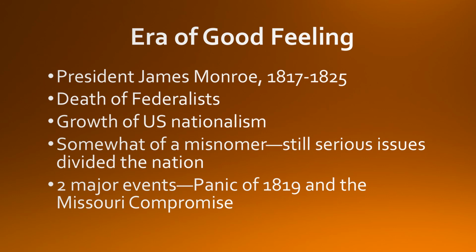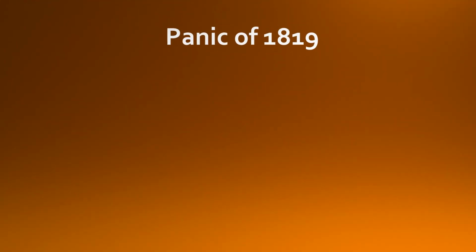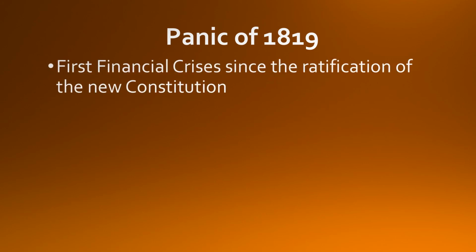The two major events of the Monroe presidency that are going to really have an impact are going to be the Panic of 1819 and the Missouri Compromise of 1820. And we'll see this as we go on. So first, 1819. This was an economic crash and depression that hit in 1819, really the first financial panic since the Articles